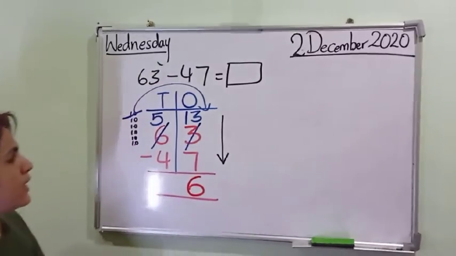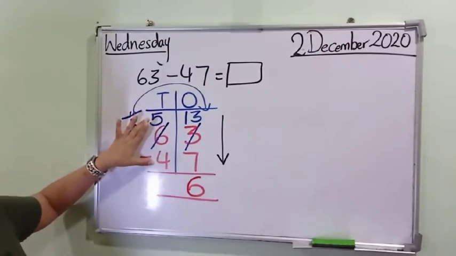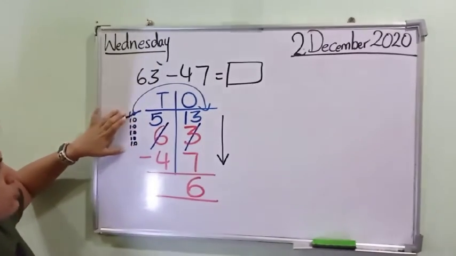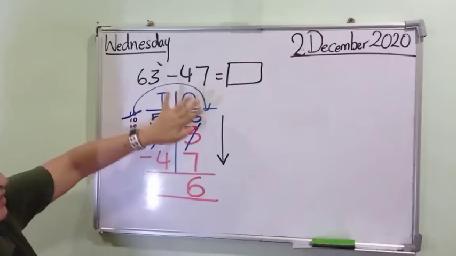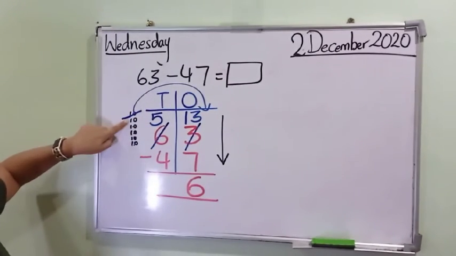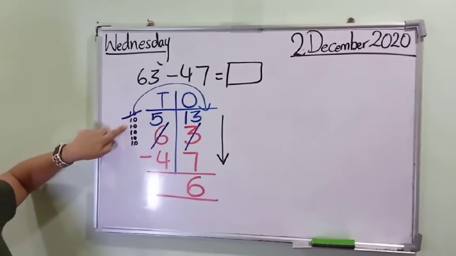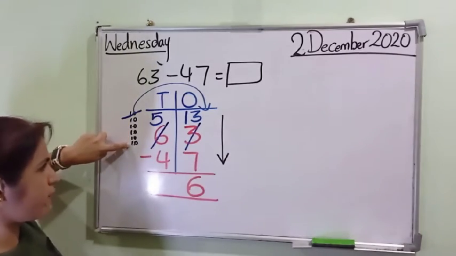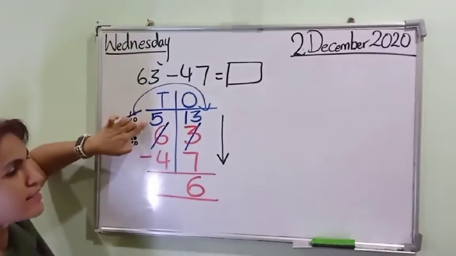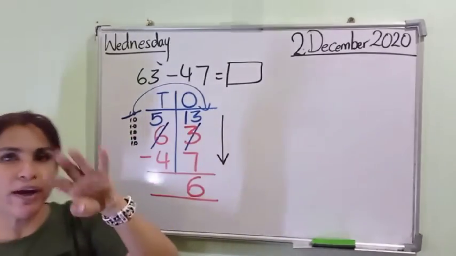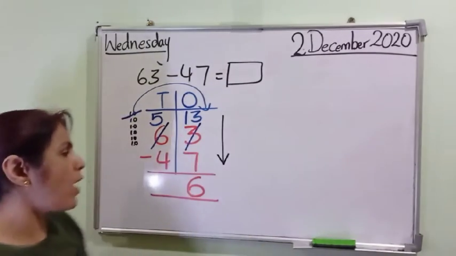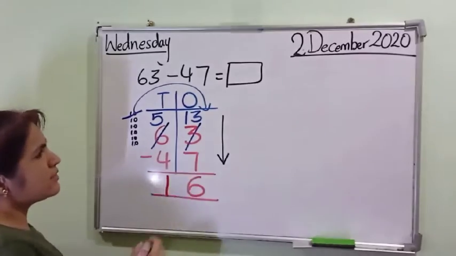Okay, now here you have 2 numbers. Please don't think that you have 3 numbers. You are left after you have borrowed, you have given it away. You are left with only 5 tens. You can see here 1, 2, 3, 4, 5 tens. So now let's focus on this equation. 4 minus 5. 5 in your brain, 4 on your fingers. Backward count: 4, 3, 2, 1. So the answer is